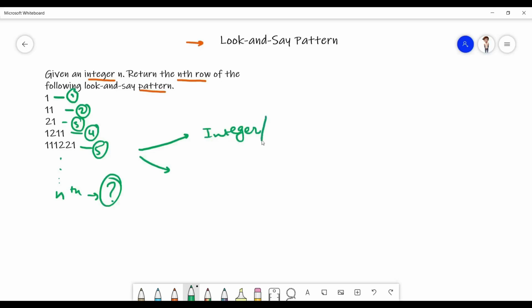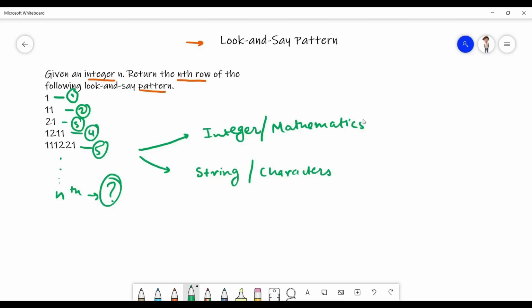Why integer approach? Because the numbers can be taken as integers, or some mathematical operation can be performed to find the given pattern. And in the string approach, the numbers are taken as characters and we find some pattern.